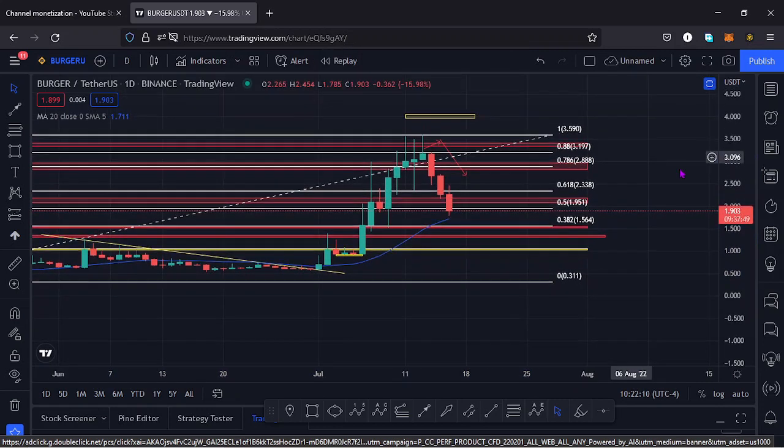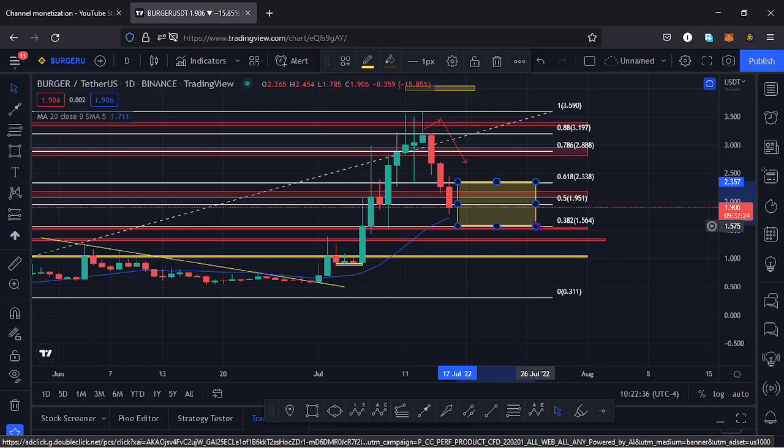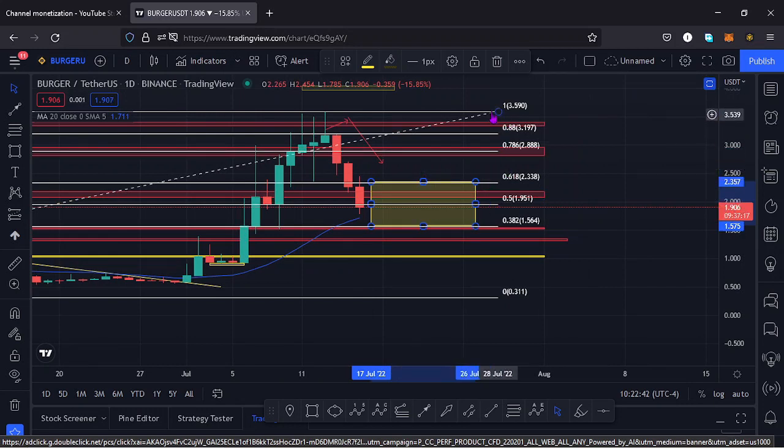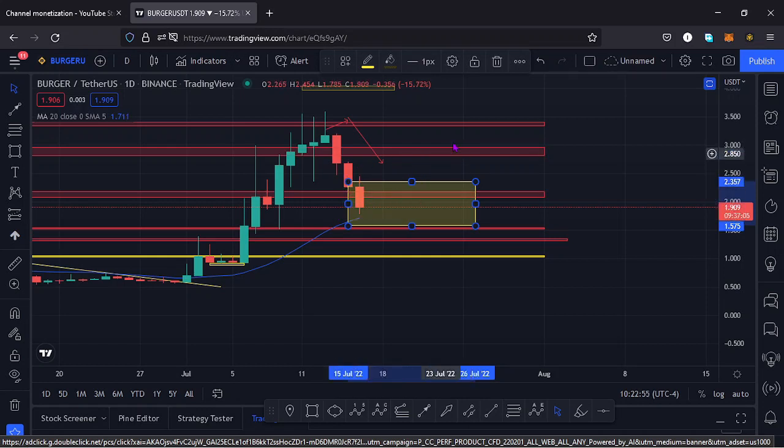to get the minimum that this retracement to the lower side should do, that wave to the lower side in the retracement should go to the fib level 0.618 and the fib level 0.382. So I can mark that as a target here between the fib level 0.618 and the fib level 0.382. That is the minimum that I expect that retracement to the lower side to do. And you can see that has happened because the price at the moment is within this yellow target, and I believe soon we might see that reversal to the upper side,